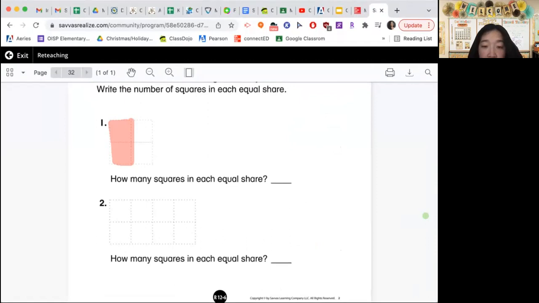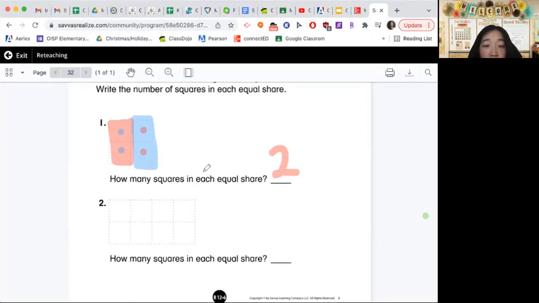Okay. And then I'm going to give the red one to myself and the blue one to my friend. So how many pieces of chocolate am I going to eat? 2. And then how many does my friend get to eat? 2. So how many squares are in each equal share? 2. You get the same amount. Yes. Okay, now what we're gonna do is